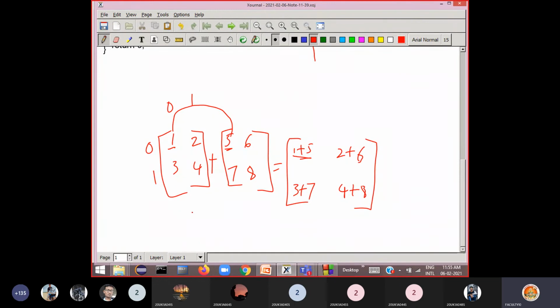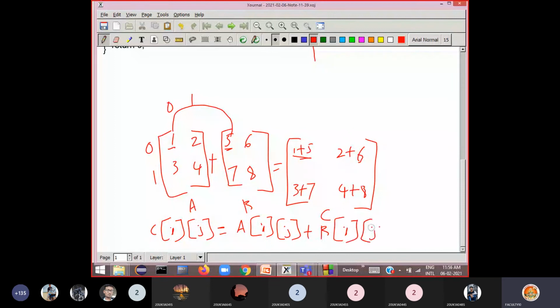Assume this is matrix A, this is matrix B and this is matrix C. Then the statement in programming is C of i j is equal to A of i j plus B of i j.